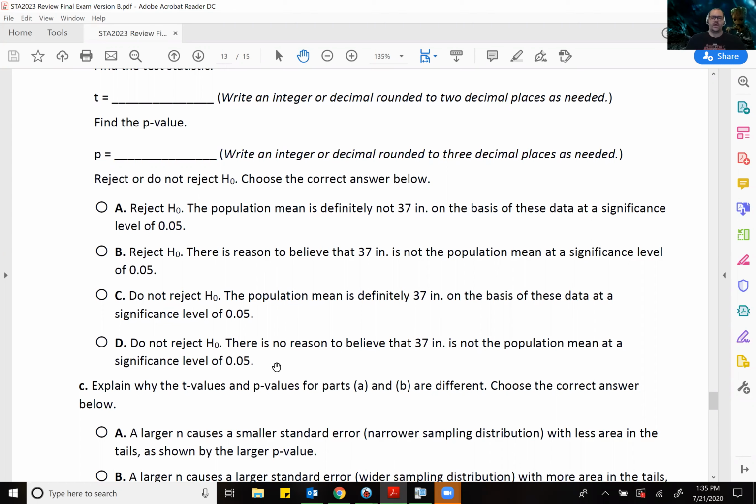Okay. And another reason why we don't say that this is the population mean is that you didn't prove that it is. We didn't prove anything other than we're just not rejecting it. I'm not proving that it's 37 inches. I'm just saying that there's no reason to not suspect that. We're not proving anything. And then part C,